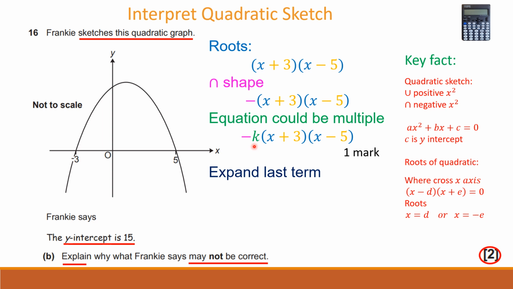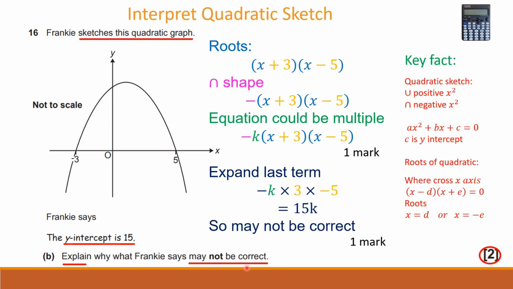Now the last term of this expression is negative k times the 3 times the negative 5. So looking at multiplying these last two terms together, 3 times negative 5 is negative 15, times the negative k is going to give us a positive 15k. Now that means 15 times any number. So we're not going to have k as being 1 because that's what we had last time. So if I pick k to be 2, 15 times 2 is 30, which means this point here is now 30, not 15. So this is why he may not be correct. It could be any value. I could have picked 3, 4, any different value. As long as you give an example and state that he may not be correct, we'll give you your second